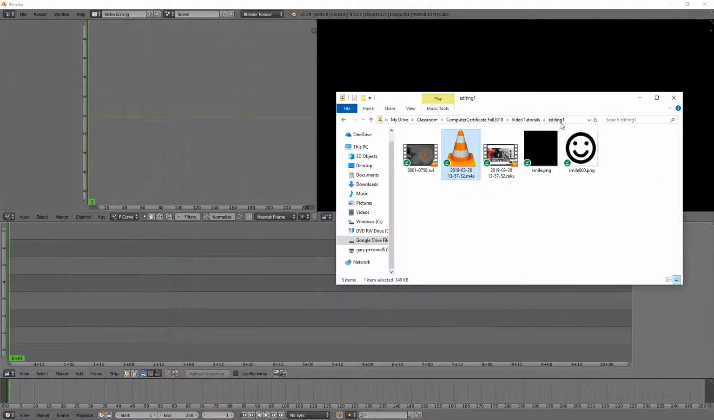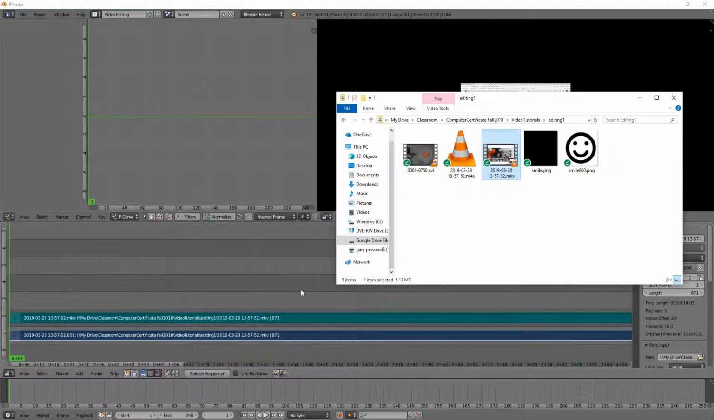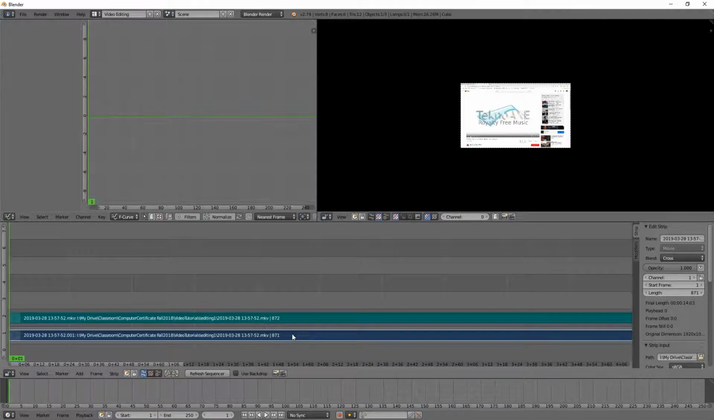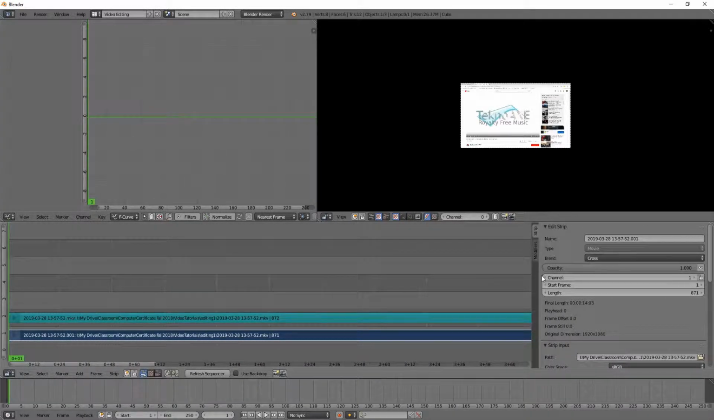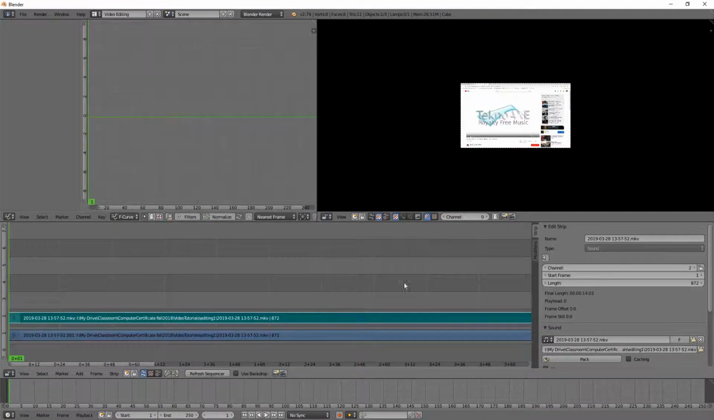So to bring in our video, we can just drag it on, drop it on top of the strip editor. And you'll notice that we have two strips come in. The one on the bottom, if we right click on it to select it and look at the right side, we can see that it's of type movie. If we right click on the one above it and look at the type, we see that it is of